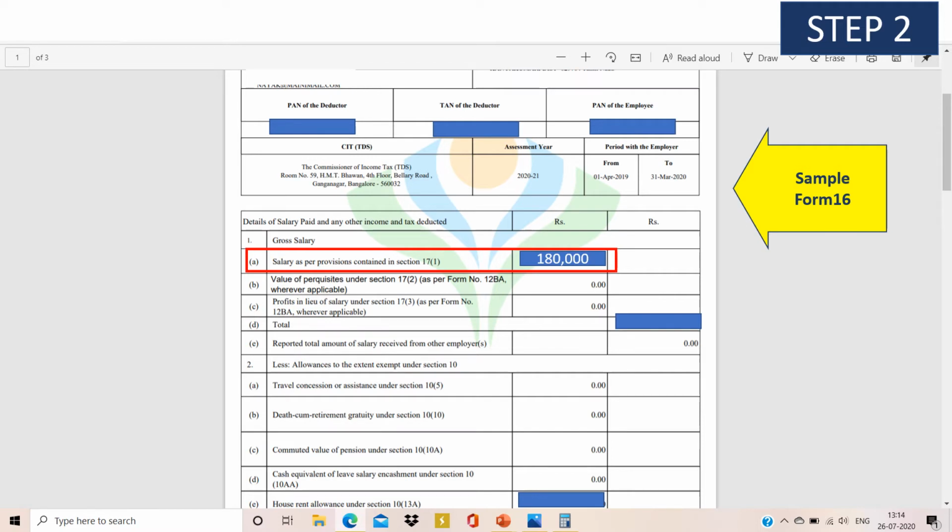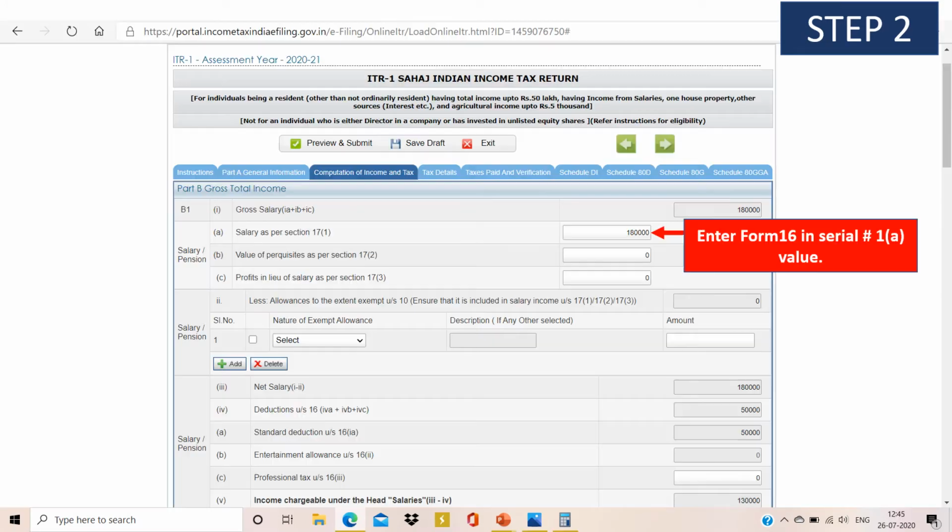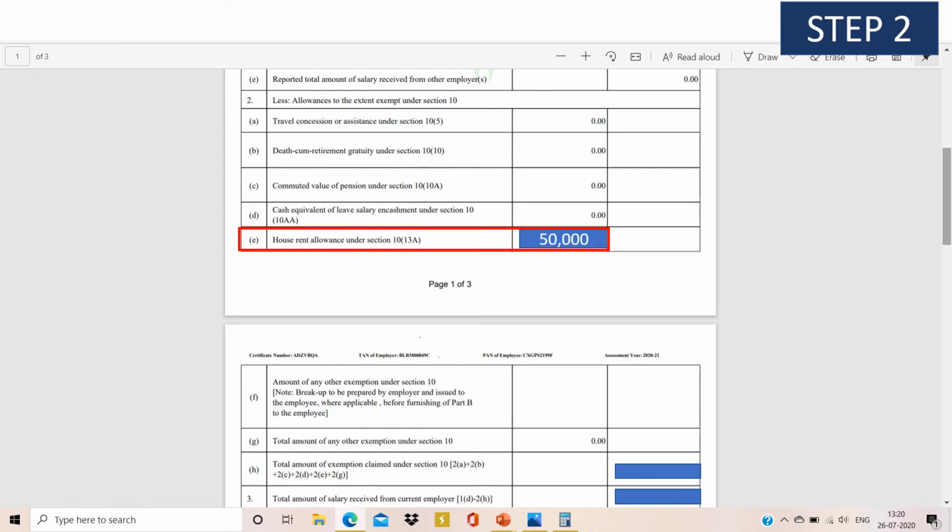In the Form 16, on the first page, the first A is the total gross salary received in the last year. For easy working, I mentioned it as 1,80,000 rupees. Whatever number is there, copy it and update it in the computation sheet in the highlighted column. Then go back to your Form 16, first page.